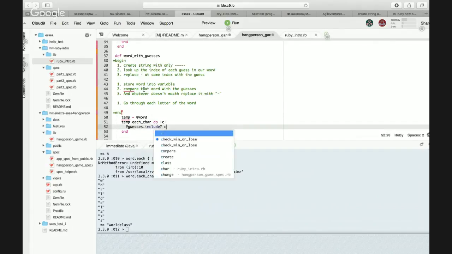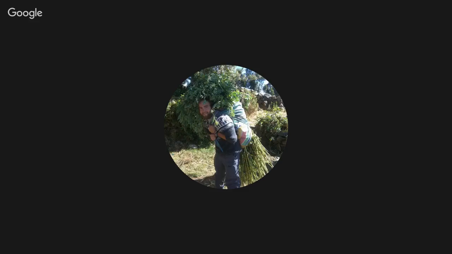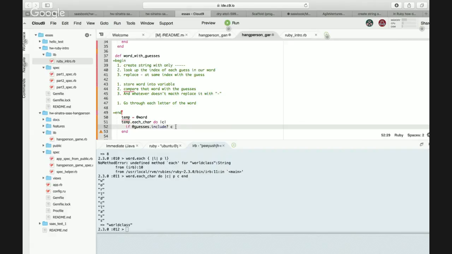If guess includes C, do nothing. But say if it does not include C,